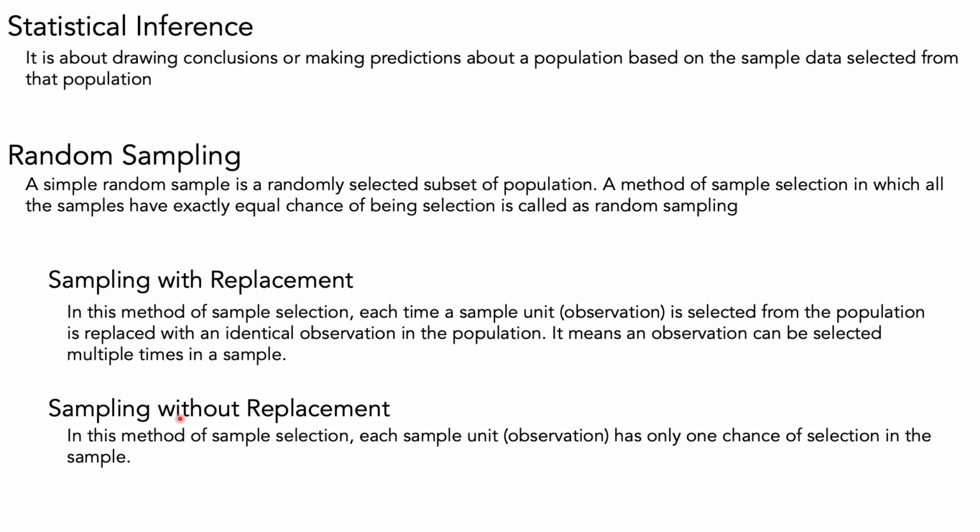But with sampling without replacement, once we have selected a ball and we take it out from the jar, we are not refilling the jar with an identical observation back again. So one sample unit can be selected only once in the sampling procedure. Okay, so